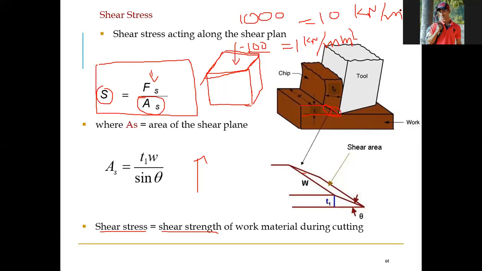So like this, if you go on increasing your force, your stress is increasing. Now your 1000 kilonewton increased to 5000 kilonewton, that is coming as 50 kilonewton per mm square. And if it further increases to 10,000 kilonewton force, that is coming to be 100 kilonewton per mm square. So like this stress goes on increasing, whatever the force, 1 lakh kilonewton, 1 million kilonewton, meganewton, giganewton. Your stress is increasing.